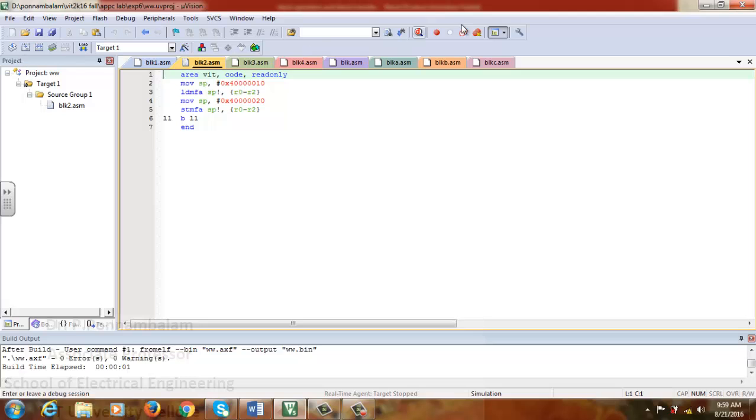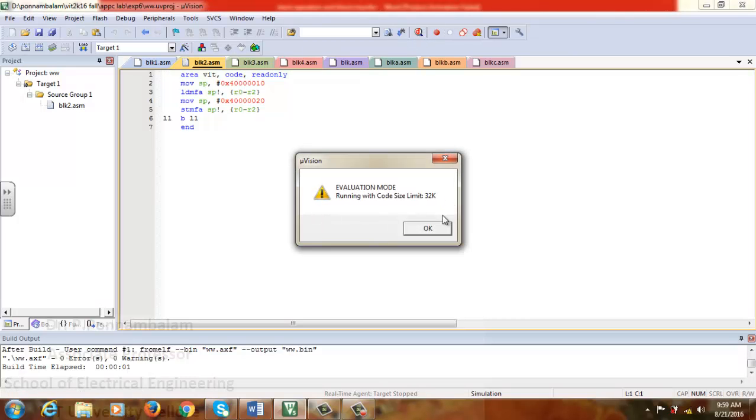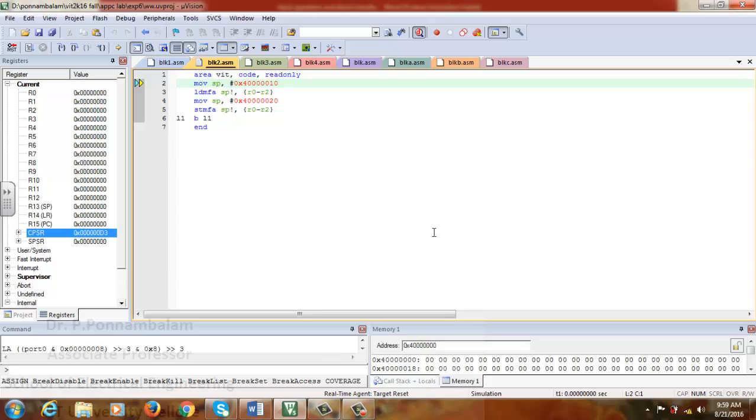So let us see how this STMFA works. Here it is full ascending. As I have already said, STMFA is full ascending. LDMFA will behave like LD, except that instead of full you replace it with empty, and instead of ascending you replace it with descending. So obviously,